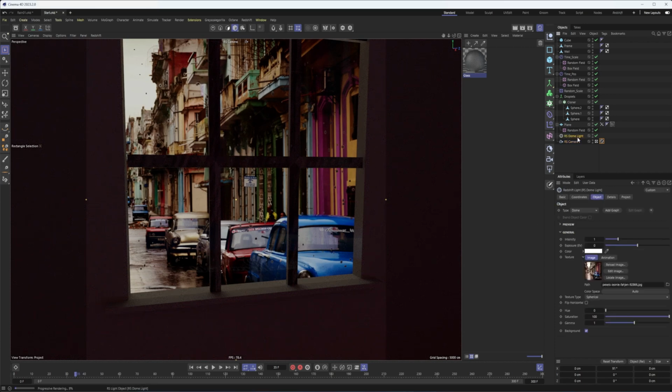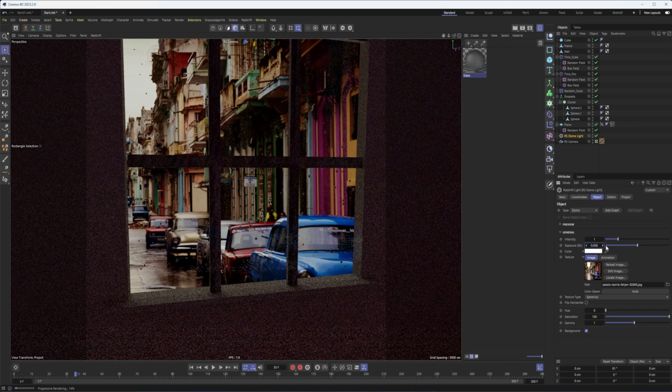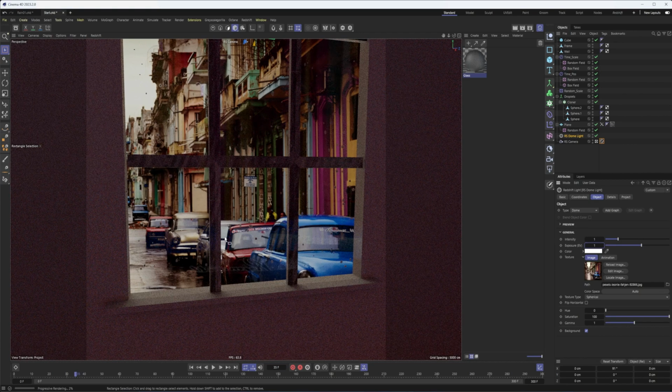Our lighting, though, needs a little bit more work. So I'll come into our dome light in the object tab, and I'm just going to increase our exposure here a little bit. Really, when you're working with lighting, you want to use a real HDRI. This is just kind of temporary for this type of experiment. I really wouldn't light my project like this, but lighting wise, I think we're looking pretty good.